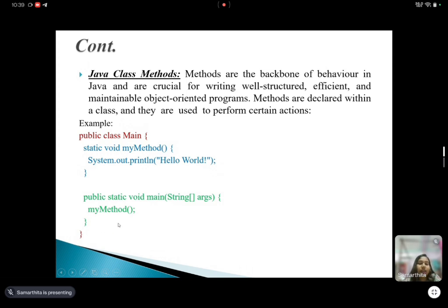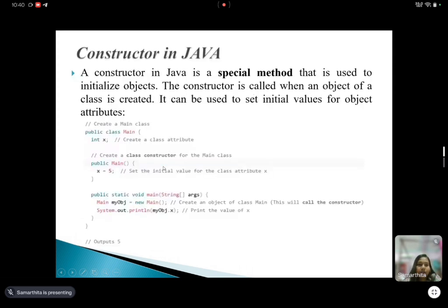Then it will print hello world, because I have declared the print statement under the static void my method. So what will it print? Hello world, okay. Very good.